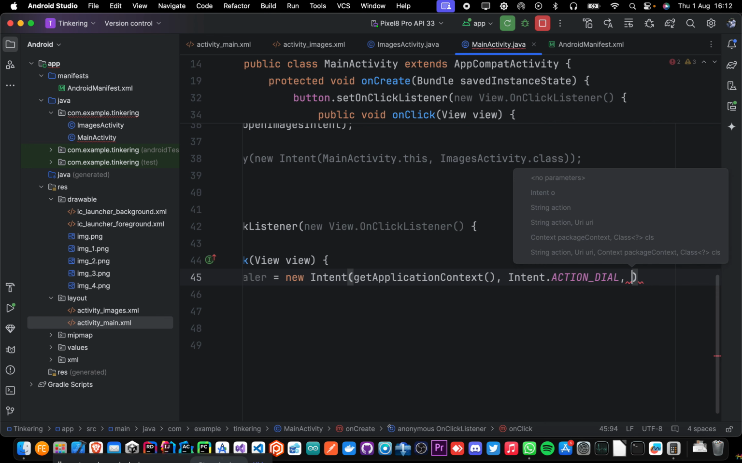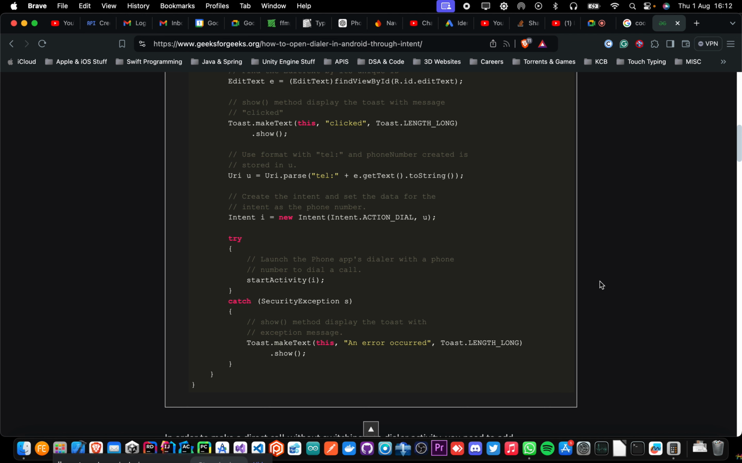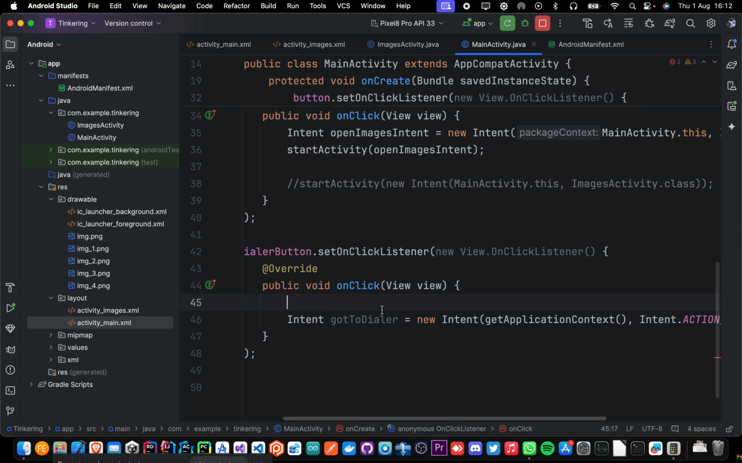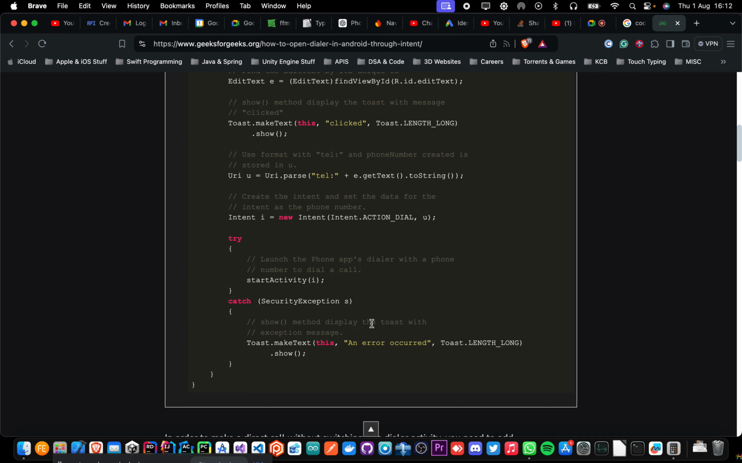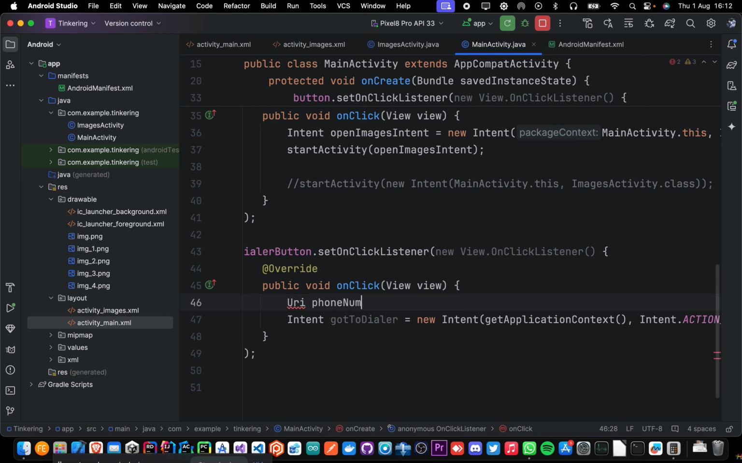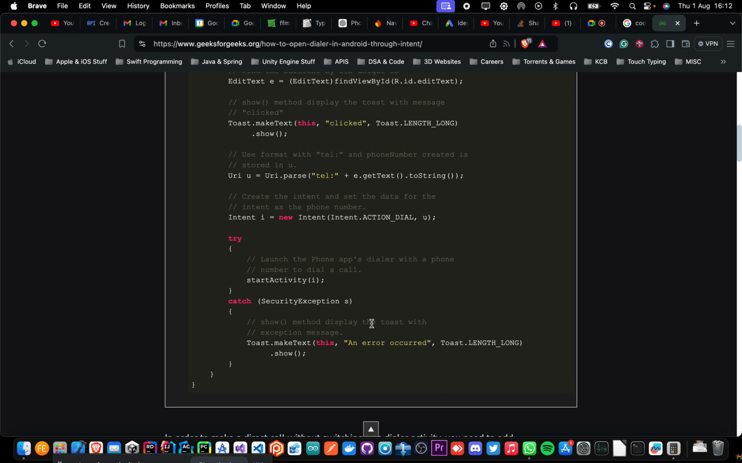Then after that you can provide the URI. There's something we normally call the URI, and you can use it for different things. In this case you can store your phone number. You can specify your phone number such that if you want users to connect to you, you can create a URI where you give it your phone number. So you just say Uri phoneNumber is equal to,